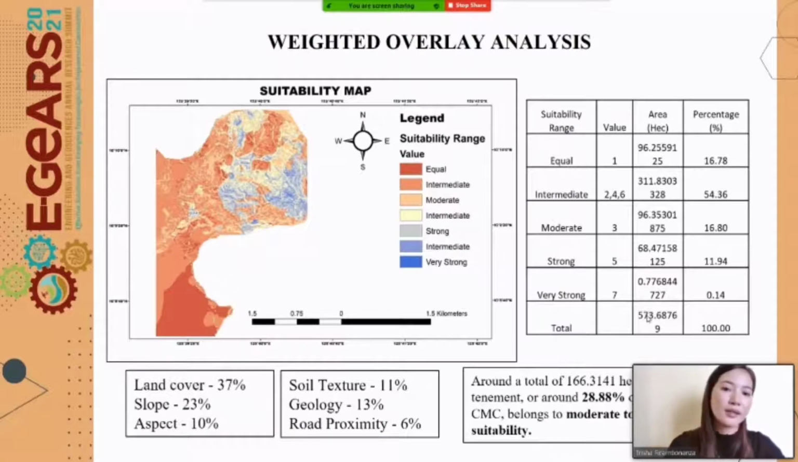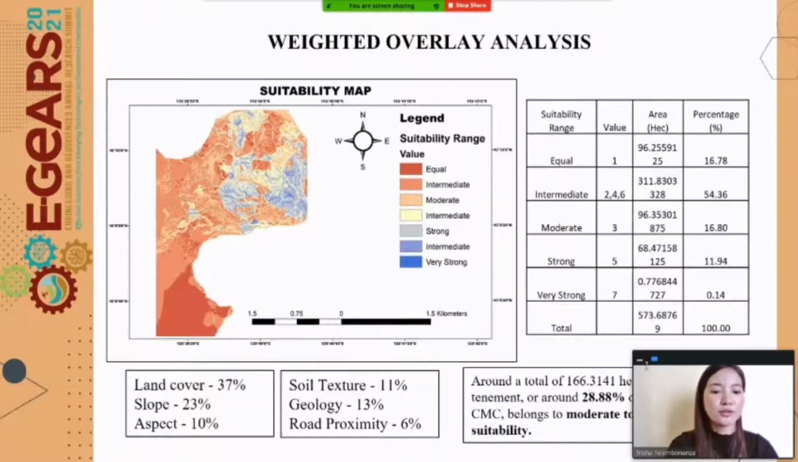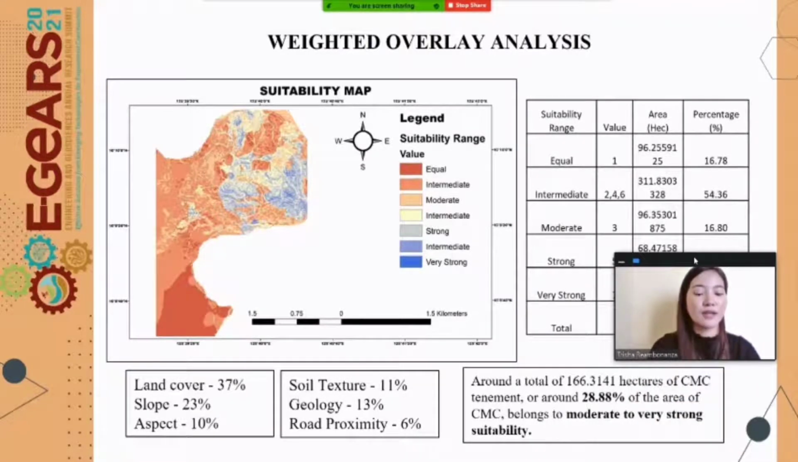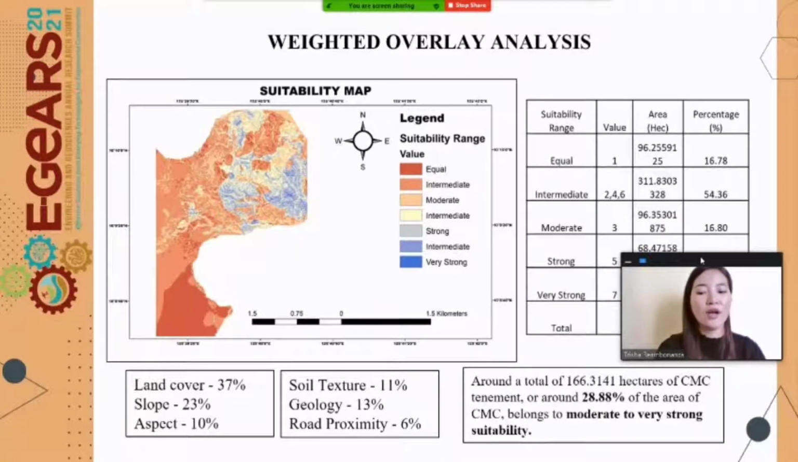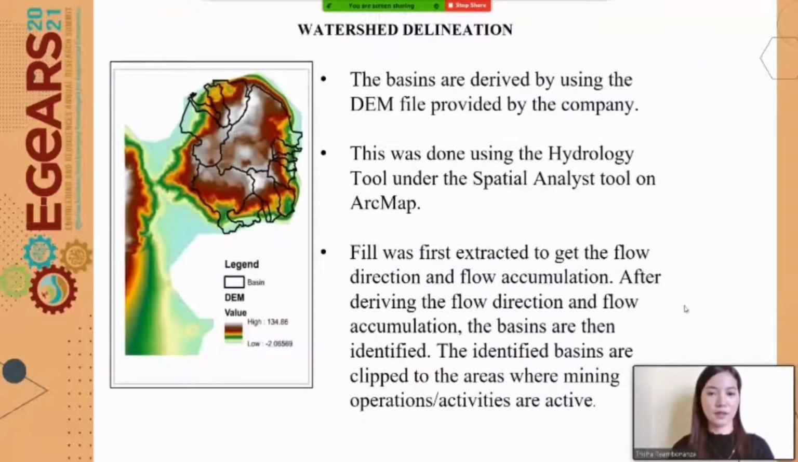So after all the maps were converted into raster files, we came up with the weighted overlay analysis. Around a total of 166.3141 hectares of CMC tenement, or around 28.88% of the area of the CMC, belongs to moderate to very strong suitability. So the weights we use are the land cover, slope, aspect, soil texture, geology, and road proximity with water